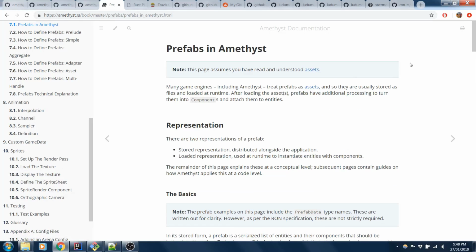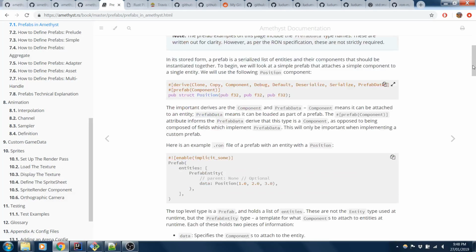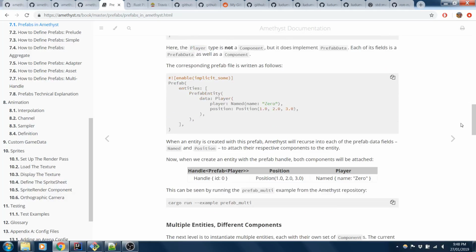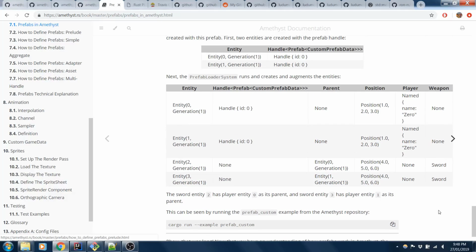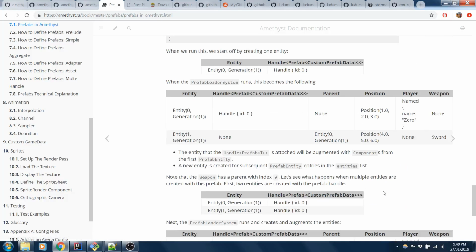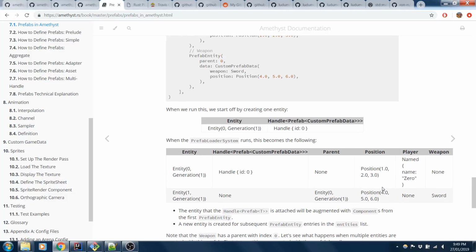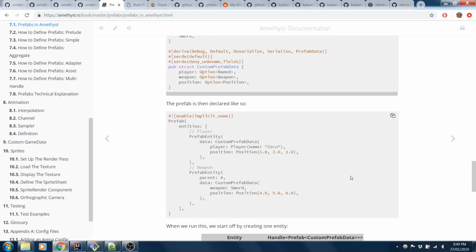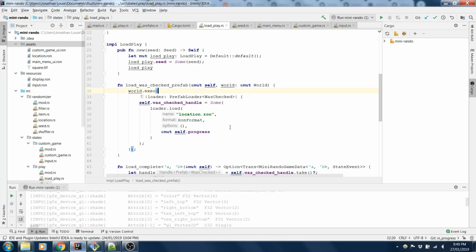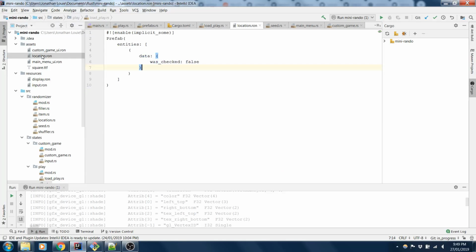So there's actually a much more detailed page talking about how prefabs work right here. Looking at the book example for the latest version of Amethyst, or at least the latest release of Amethyst, not very helpful, but this is actually very useful. I learned a lot about how entities and prefabs work. Essentially, what I was missing originally, so I've rolled back my branch to the last commit I made, basically,